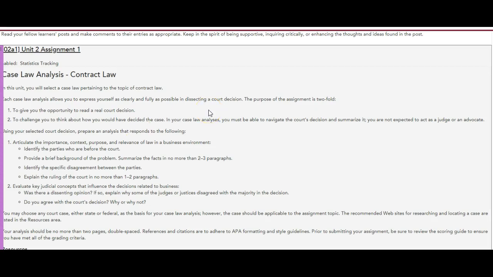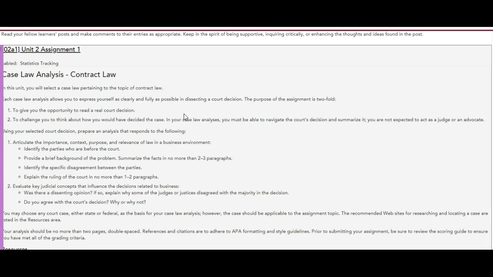And so what we're looking for in terms of which case you will choose is one that involves contract law in some fashion. So for instance, it could be a case on how a contract is created and whether it was created and also what the nature of the contract was and whether it was breached is another issue. Also, it could be on the damages that are appropriate for a breach of contract. In essence, anything having to do with contract law will be appropriate for this